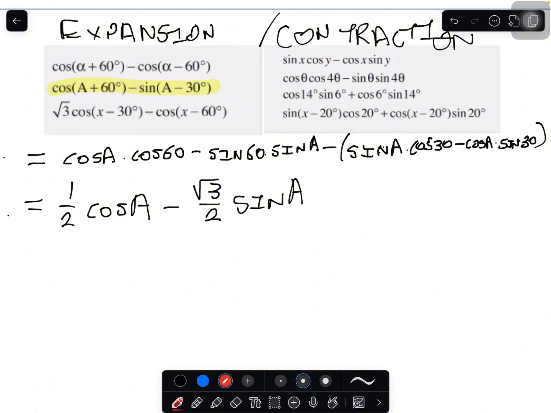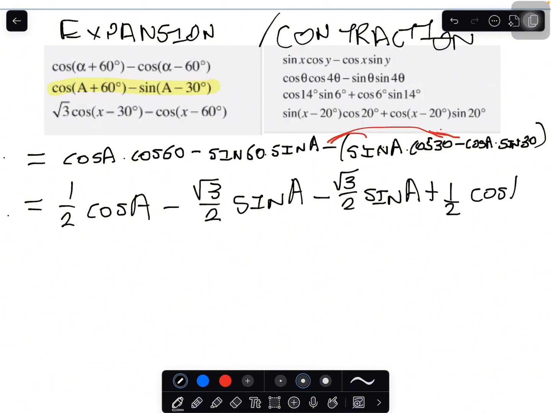We're going to apply this negative into the distributive law like we said earlier. This negative is going to go here. And we're going to have minus, we know the cos of 30 again is root 3 over 2, minus root 3 over 2 sine A plus sine 30 is a half. So I'm going to have plus a half